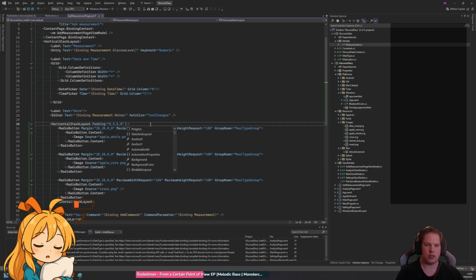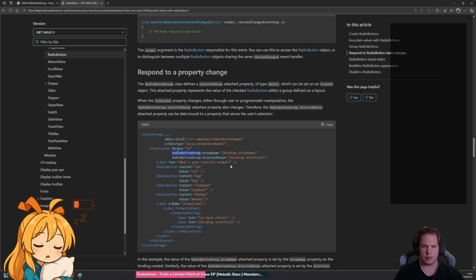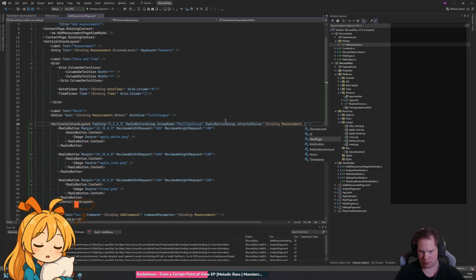So radio button group of group name equals meal type group, and these can get out of the way. Selected value is binding. So let's go back and we say radio button group selected value, which is then a binding to measurements dot